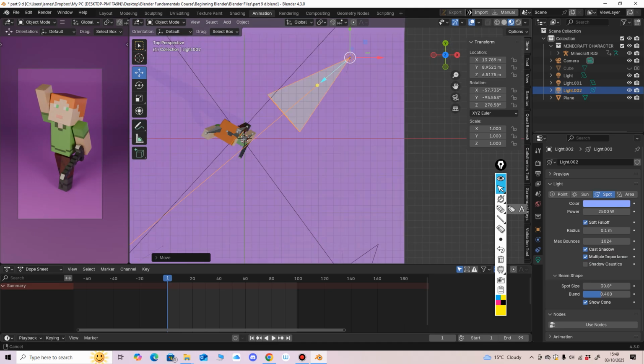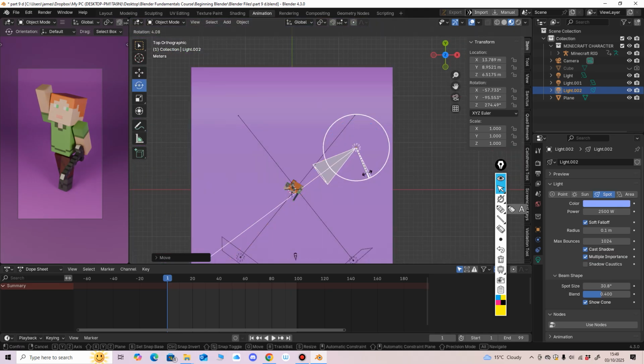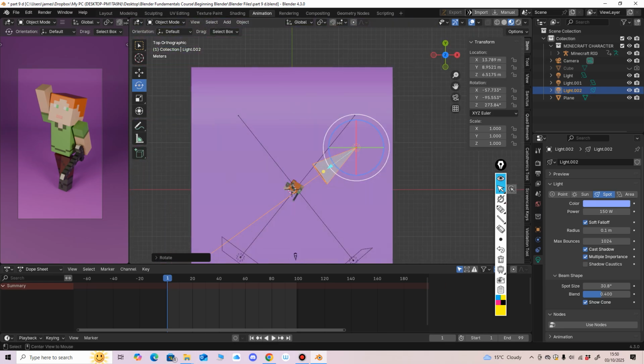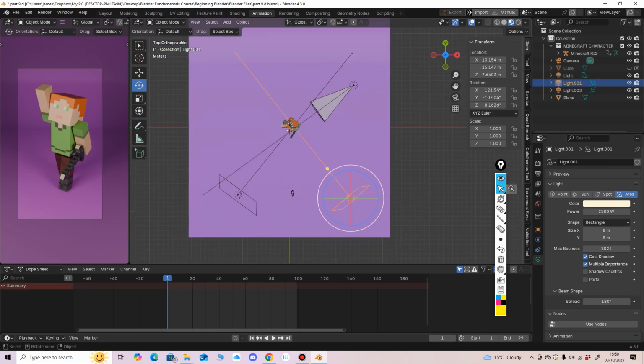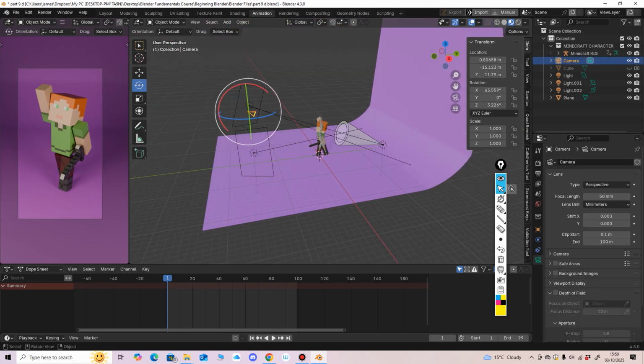We want the power quite low on this backlight. Maybe something like, let's try 150 for now. So once we've got them 3 lights set up, our key, fill and rim or backlight, our camera pointing with